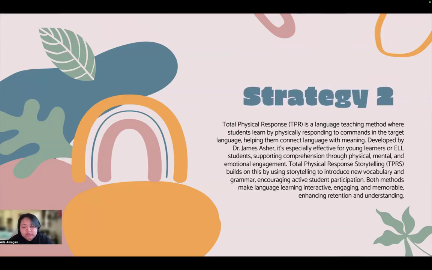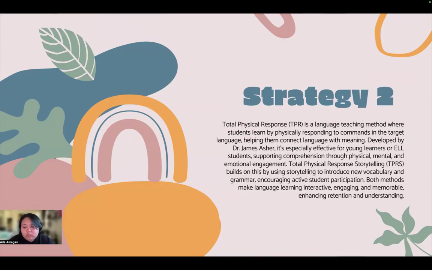So, for our first strategy, or strategy two, total physical response, or TPR, is a language learning method where students learn by physically responding to commands in the target language. This helps them connect language with meaning. Developed by Dr. James Asher, it's especially effective for young learners or ELL students, supporting comprehension through physical, mental, and